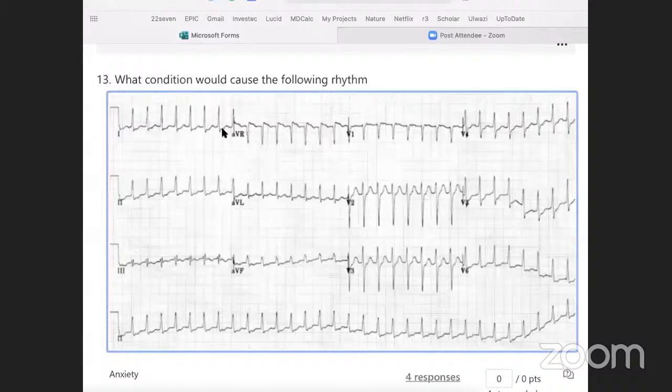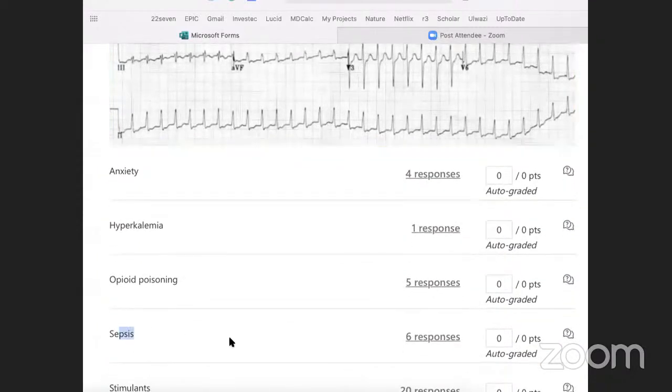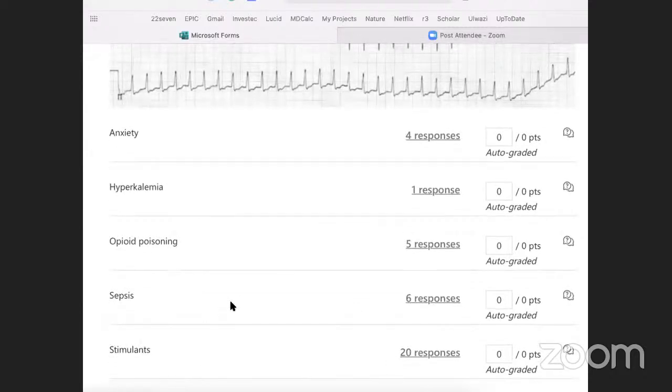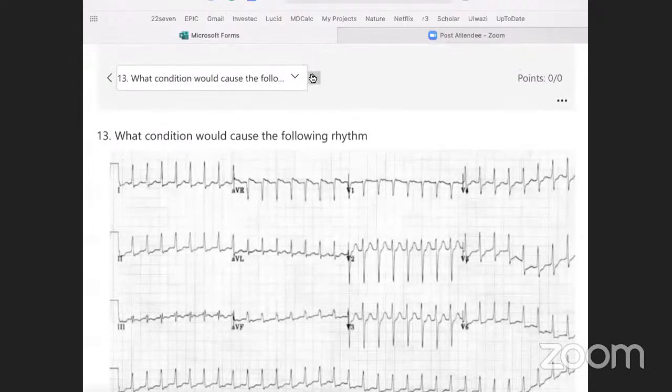It's just the sign of hypoxia, and during diastole the coronary arteries are not filling to reperfuse the heart. Generally this is classically what you find in a sepsis patient, as they have a tachycardia and hypoperfusion, and the widespread hypoperfusion would cause ST segment depression. But stimulants as well, as they would induce a tachycardia, is also a correct answer. The principle just being that the tachycardia is beating too fast to allow adequate perfusion of the heart, causing a diffuse ischemic pattern.